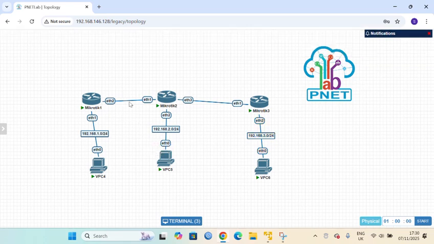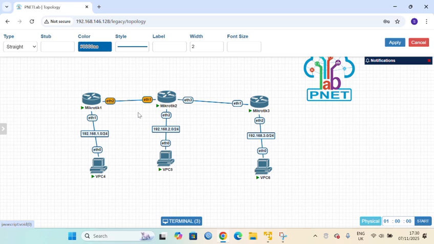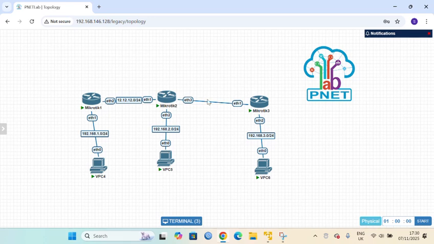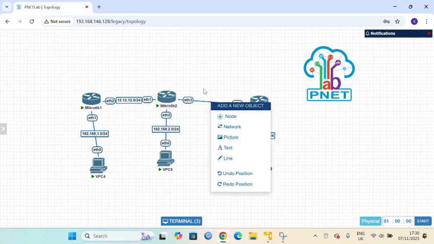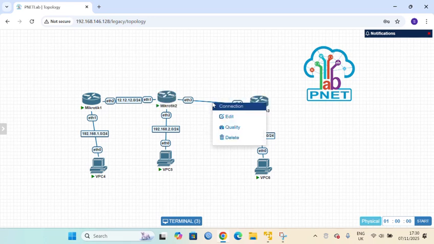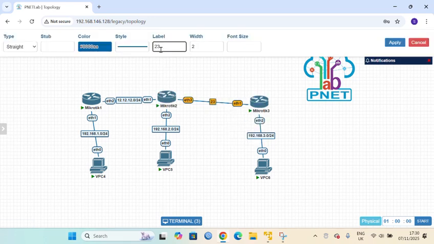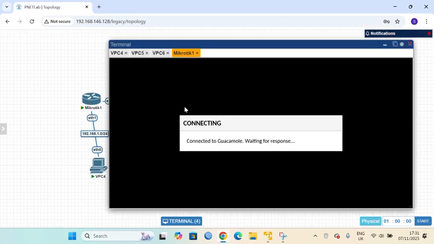Apply. Right here the network is 12.12.12.0/24. Apply. Here, 23.23.23.0/24. Apply.